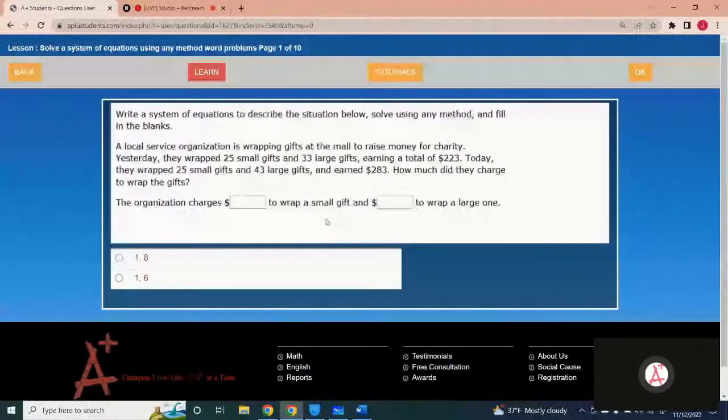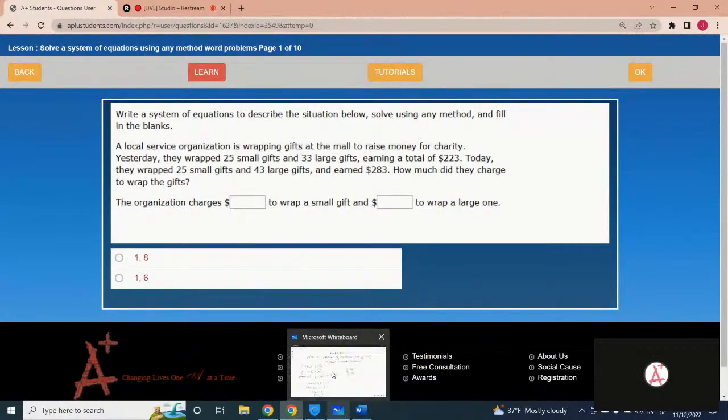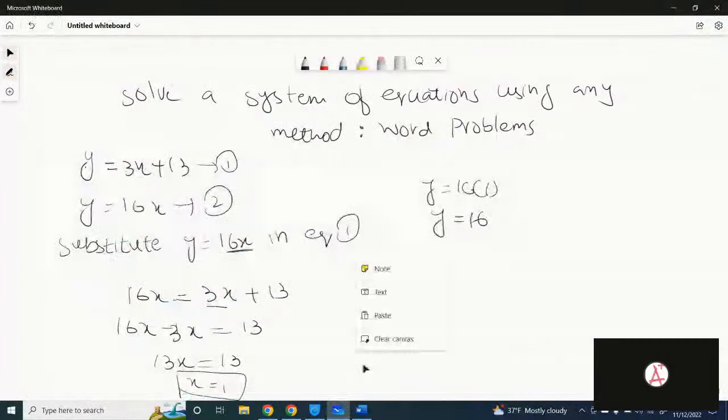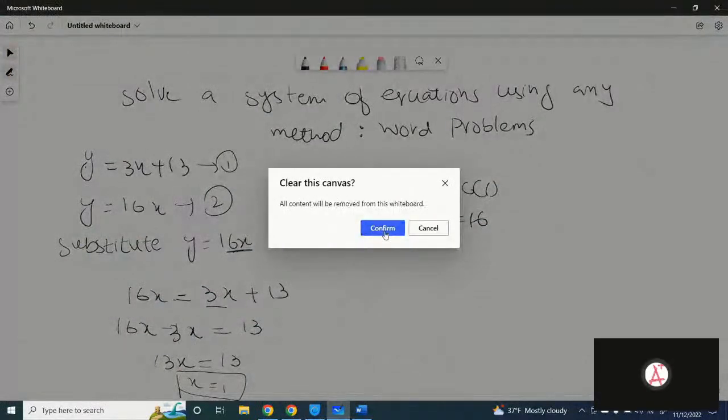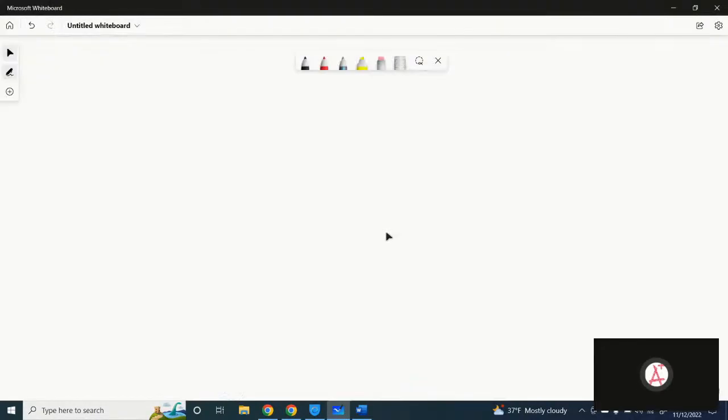Okay, so you have to use two variables. One of them is for small gifts and one of them is for large gifts. Got it? So let's suppose x is the amount that they earn from wrapping the small gifts, and y is for the large gifts. So the equations we have to write are